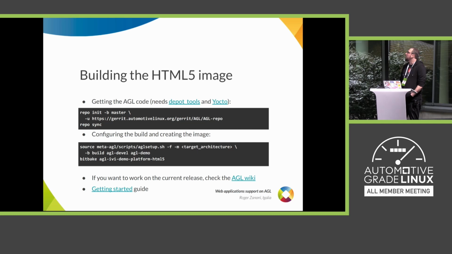And so let's talk briefly about how we can clone and build the AGL HTML5 image. We need that to be able to understand how we can include a new application. So there's this getting started guide on the AGL wiki. There you can check all the supported boards and all the instructions for starting up. But basically you need Google's repo tools to be able to clone all the repositories, and